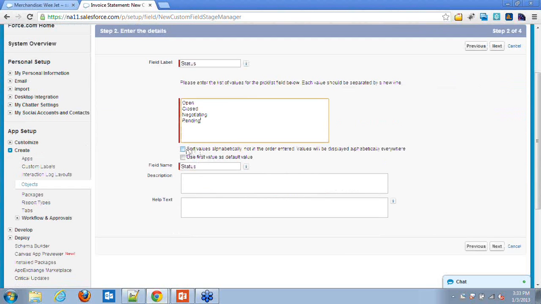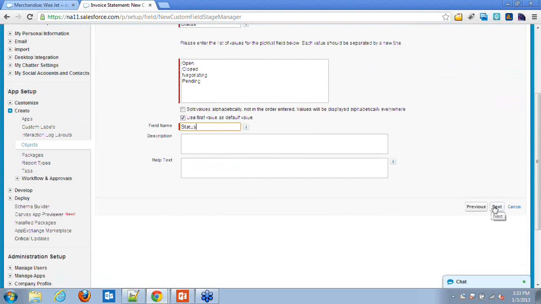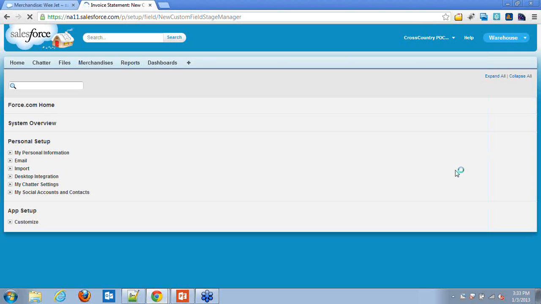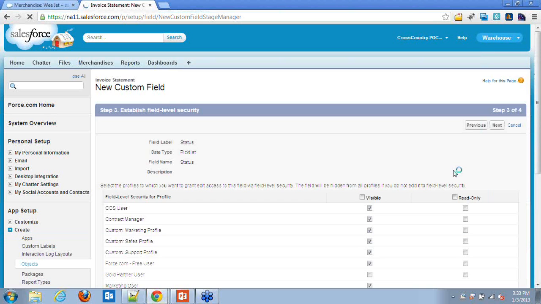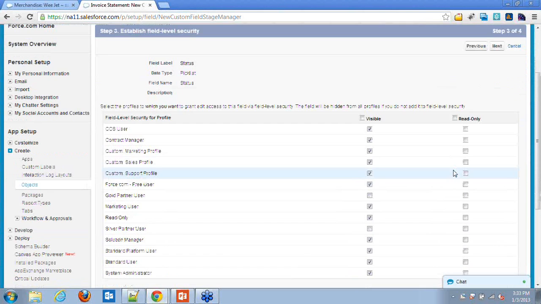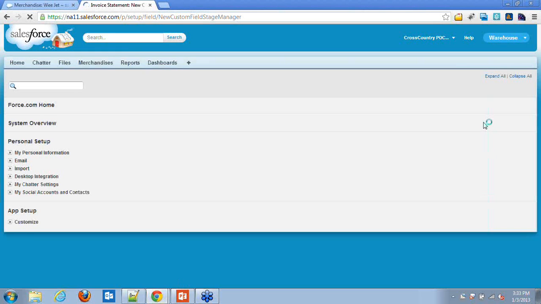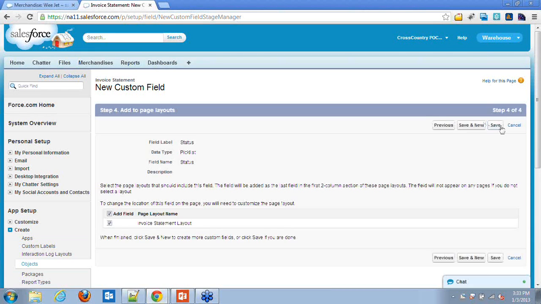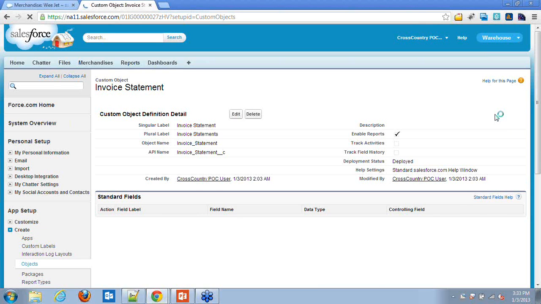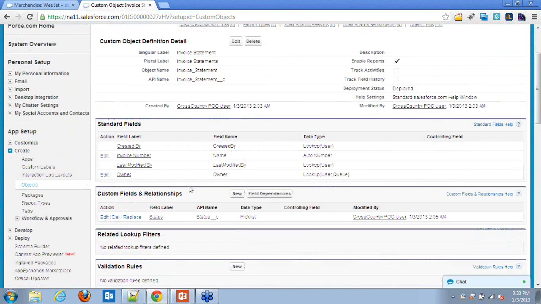You can specify whether you want to sort them, whether you want to use the first value as a default value. We'll make that read only. And save it. So you have got this status.